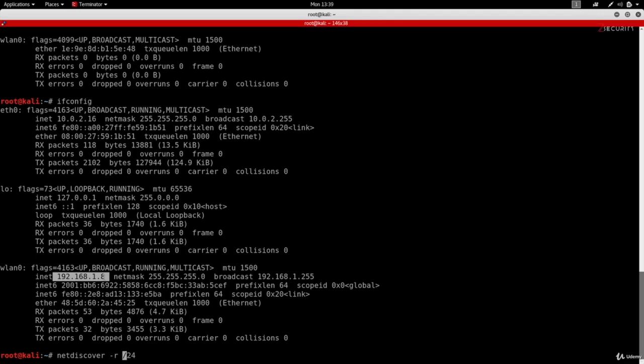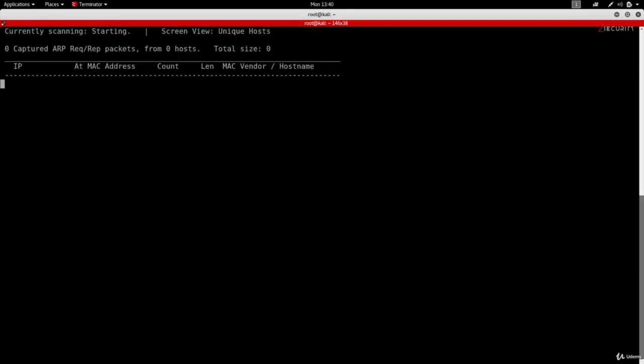Therefore, the range that I'm going to look for is going to start at 192.168.1.1. I'm going to leave the /24 here because this will tell NetDiscover that I want to start at 192.168.1.1 and finish at 192.168.1.254. So if I hit enter now